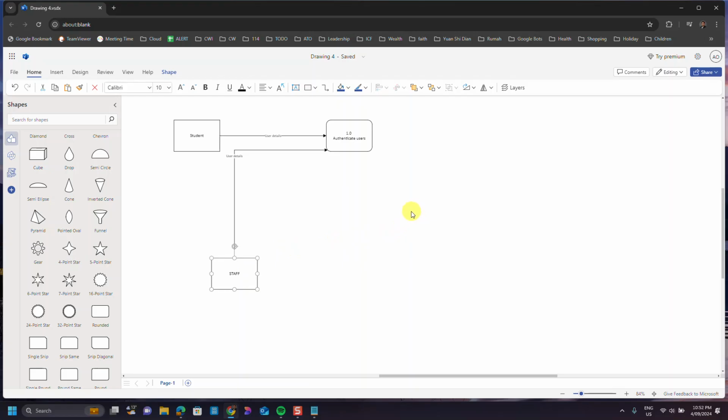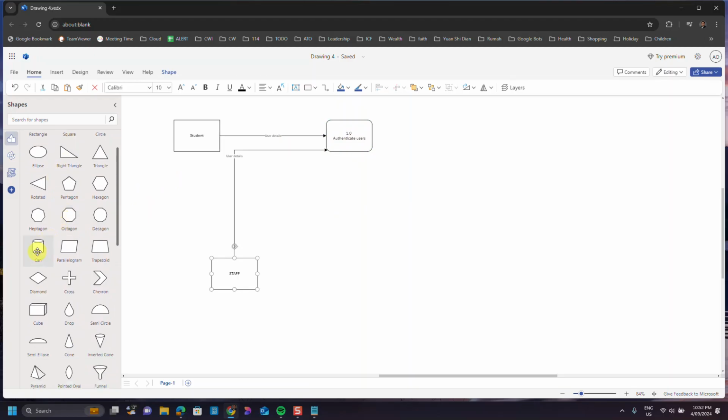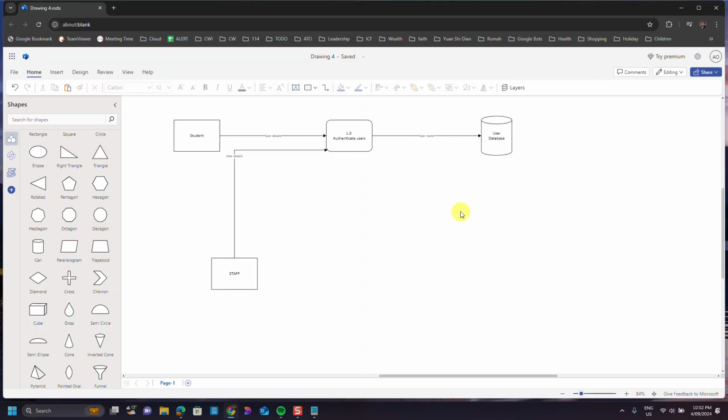Okay, so now to authenticate users, what do we need to do? We receive input user details, we authenticate, that's the process, and then we need a database because we need to have something to reference. So we're going to have a database, just call it user database. Let's bring it closer to the left side here. What we can do is run a query. From here you send to the database. Let me see if I can connect it. So you send a username as the query to the database, and the database can return to you